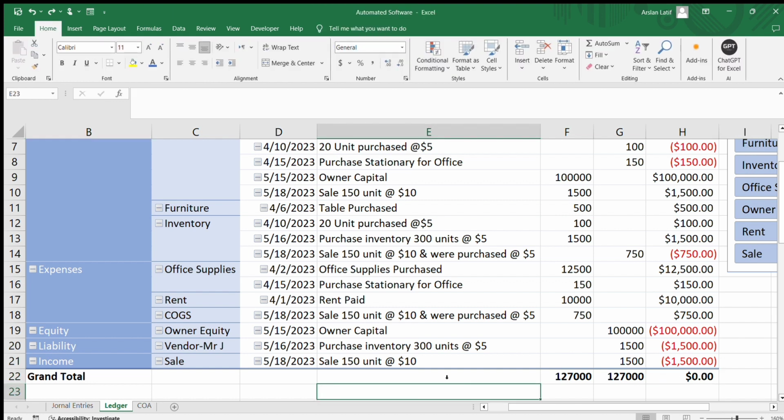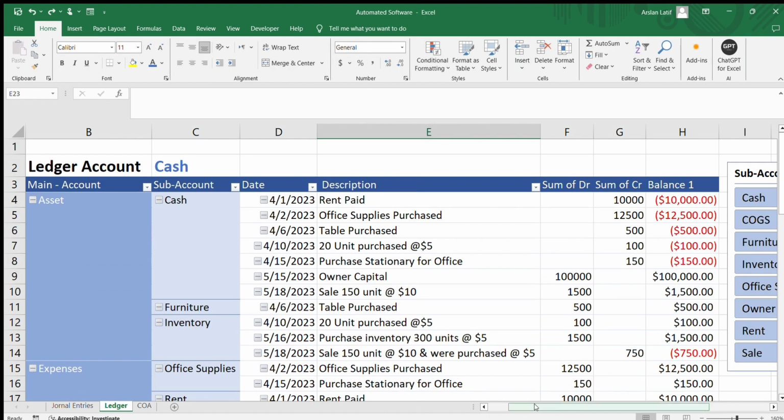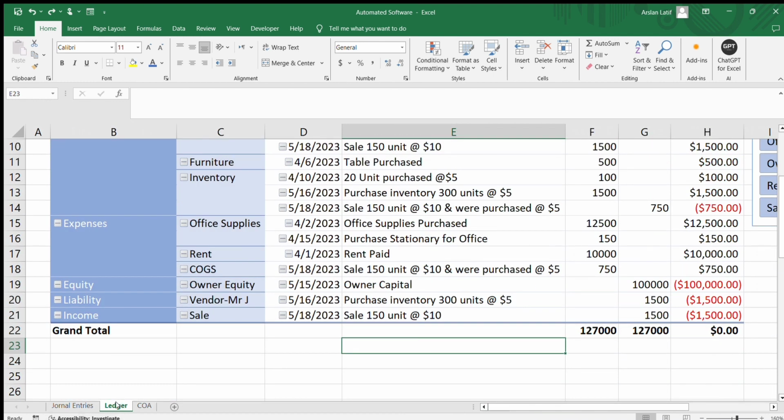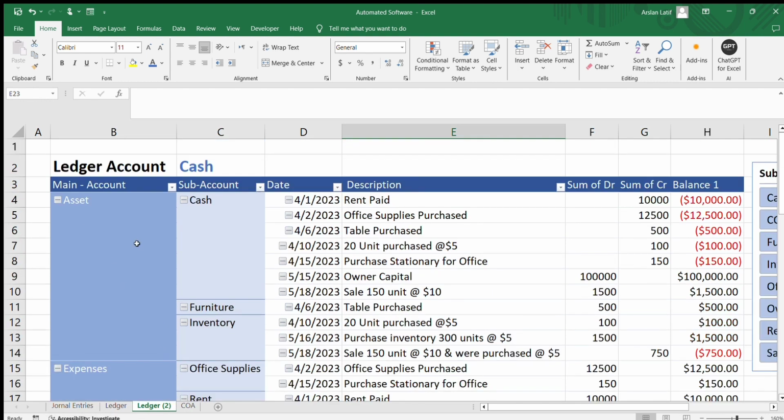Now we're going to create a trial balance from here. What you need to do, just go and right click on the ledgers tab, copy, move or copy, select create a copy, and then press OK. You can see a new Ledger 2 is formed. Copy is created over here. In this copy, just select anywhere in the pivot table, go to the design tab,